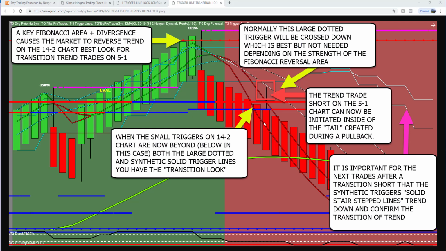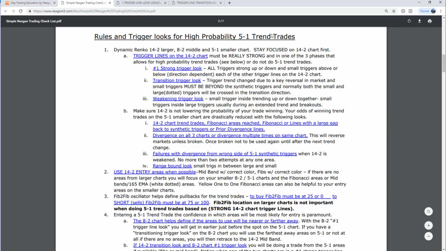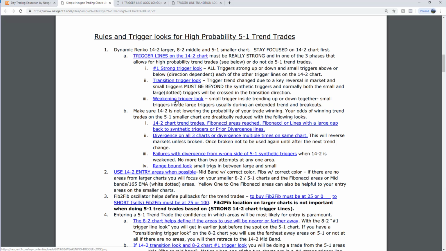So I want for you guys that are new to think about 3 things. When you're doing trend trades first, I want you to focus on your trigger lines on the 14-2 chart. Focusing on the correct trigger line look is going to be number 1 rule. Number 2,